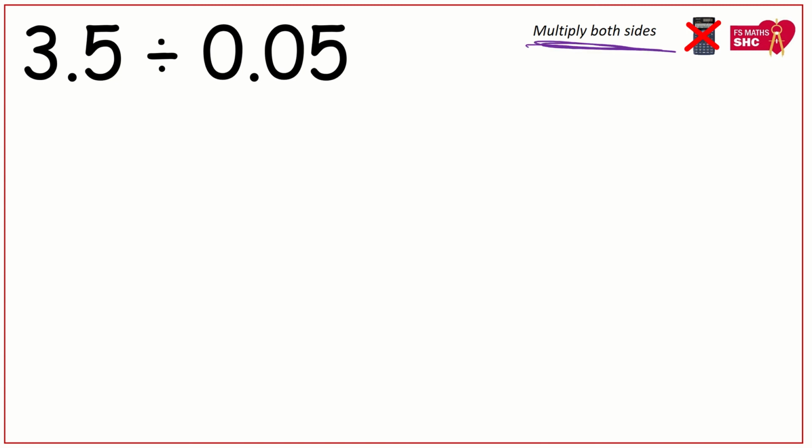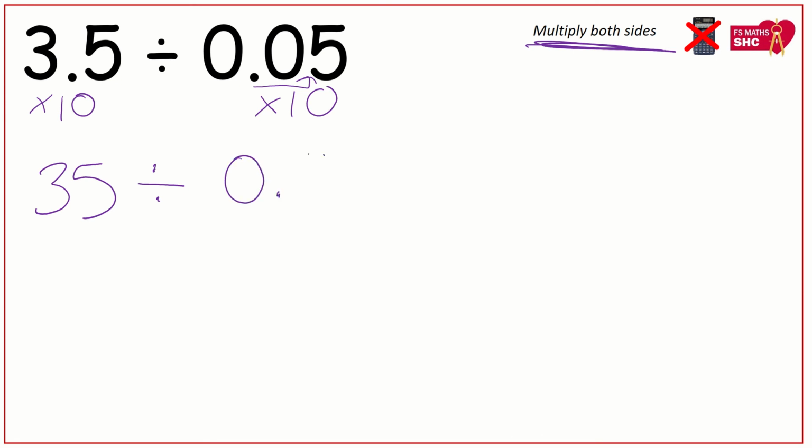So multiply both sides until we've got rid of the decimal point. Let's start with times-ing by 10 on each side. So 3.5 becomes 35. And 0.05, we move the decimal point one place value to the right, so that gives us